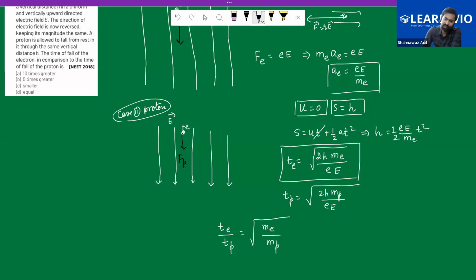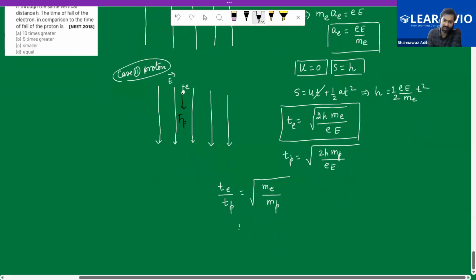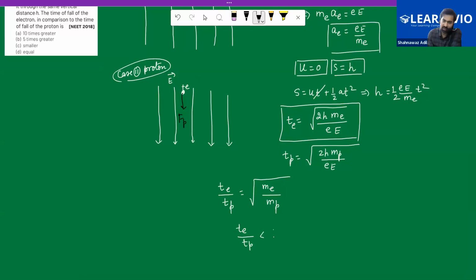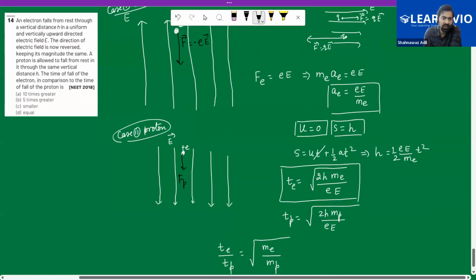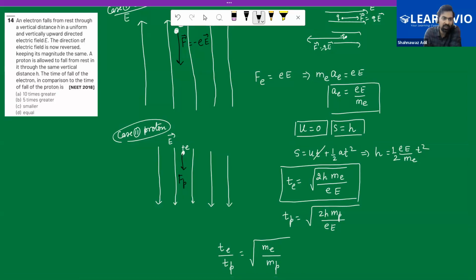Less than 1. So I can write that the time of the electron would be less than the time of the proton. So the electron would be faster, the proton would be slower, right? So what they are saying is the time of fall of the electron in comparison to the time of fall of the proton is